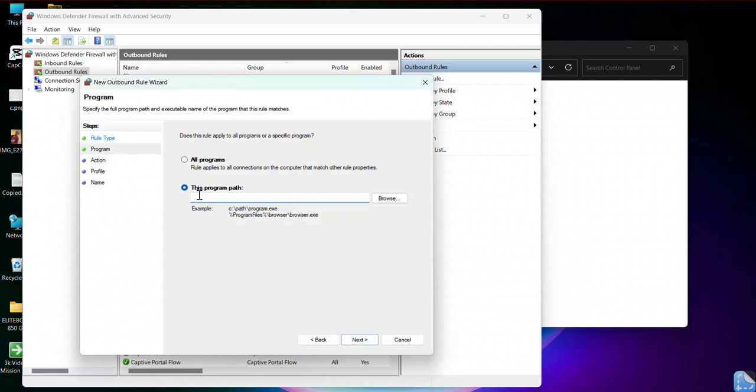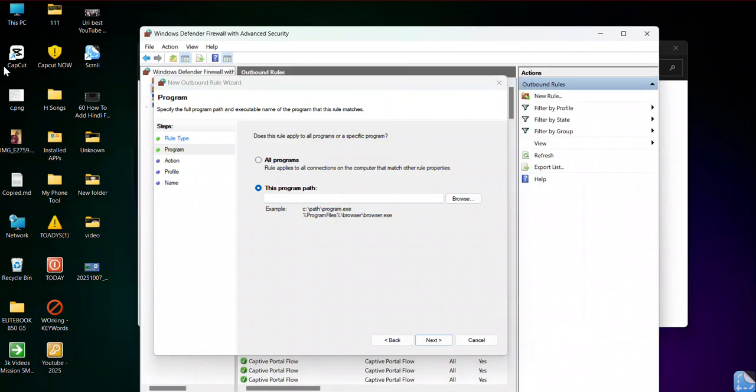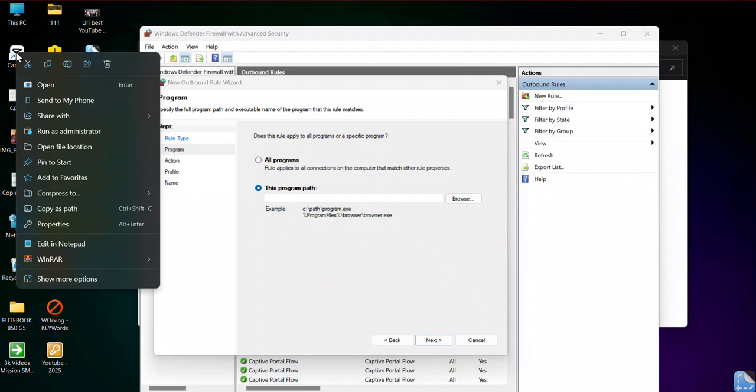So now inside the program or inside the CapCut path. So all you have to do now, I'll go ahead and copy the path of the CapCut. So here is what you need to do. If you are using Windows 11, just right click on the CapCut icon and go to copy path. But if you are using Windows 10, just all you have to do, right click on the CapCut and then